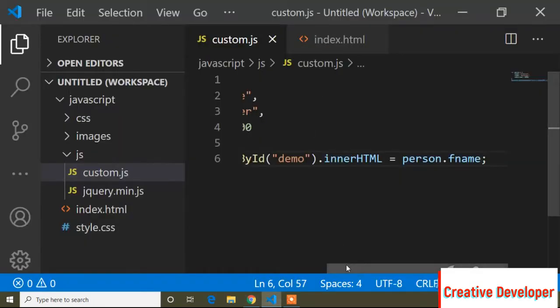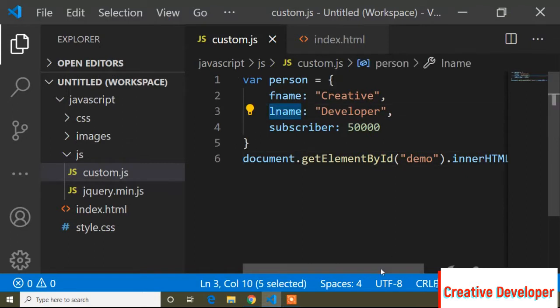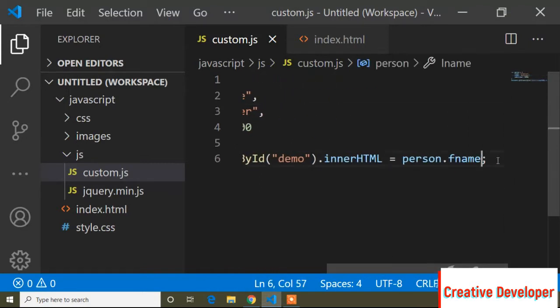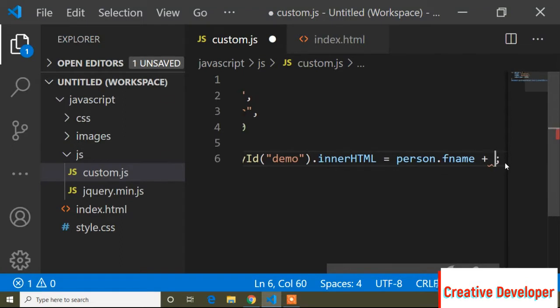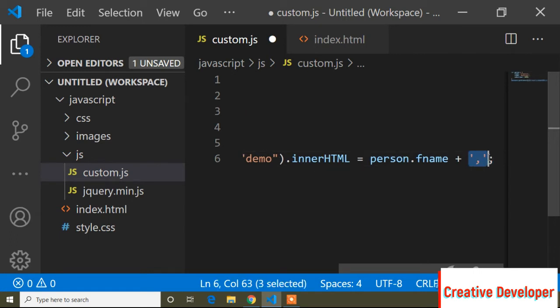And now if I want to print lName also, here I can pass plus and an inverted comma, and now a comma. So inside an inverted comma I passed a comma, because comma is a string. As a string I will print the comma. So here I have written it inside an inverted comma.